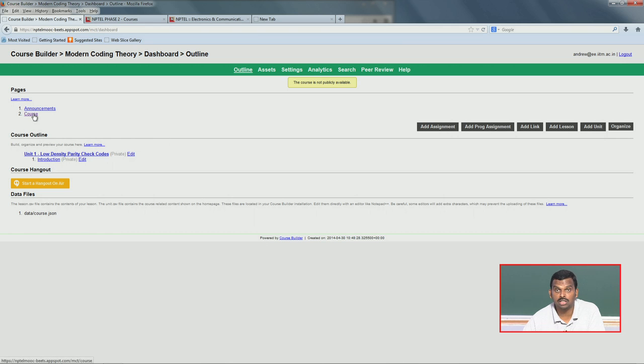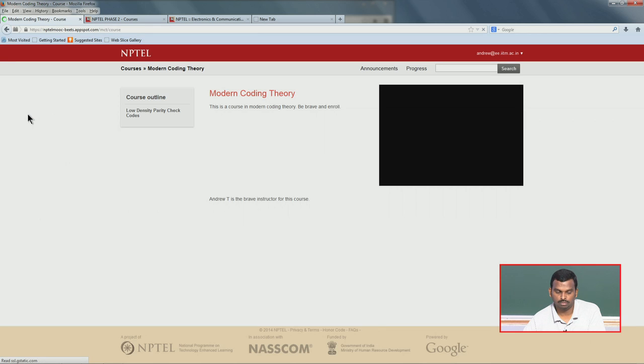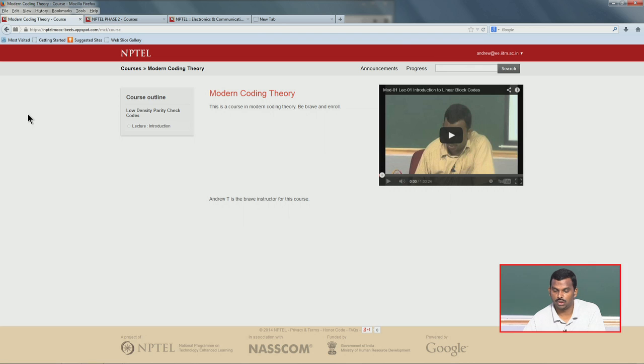Okay. So, let us see how all this looks. So, if you want to see how all this looks to a student, okay, to someone who wants to use the portal, you have to go up here and click on course. Okay. Number 2 here, course, you click on that. There you go, that is how it looks. Okay. So, previously we did not have this part, we only had this part, now this part has been added. Okay. So, remember once again, you have the title of the course, the abstract of the course, and this introductory video to this course, and then there is the bio of the instructor. This is what the first page had.